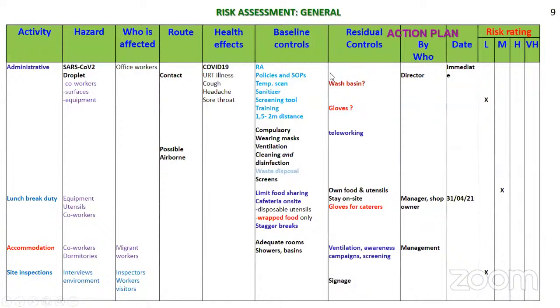So when looking at controls here, I wanted to highlight that for administrative, because it's offices, you may need to provide them with sanitizers, because there's no access to washing basins, and also they don't need gloves because they are in the office. They can use sanitizers. Where possible, those who can do teleworking or remote working, allow them to do so, and they can probably come once in a while to the office just for reporting and